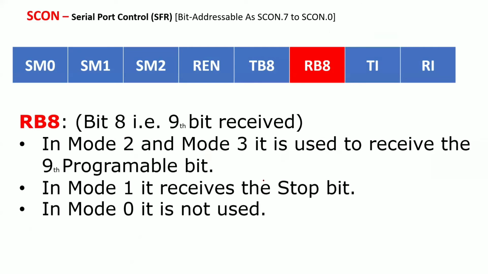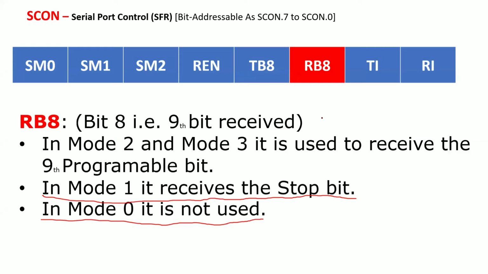Now you understood, right? In the SCON register, I told you about RB8. Whenever during reception or transmission I am using the 9th bit, this 9th bit is stored here. The RB8 is used to store that 1 bit during your mode 1. Now you read this theory. In mode 0, I am not using this one. Why? Because there is no start bit and stop bit, so there is no point of a 9th bit there. So is RB8 used in mode 0? No way, right? In mode 1, it receives the stop bit, and it will store the stop bit in this position, RB8.